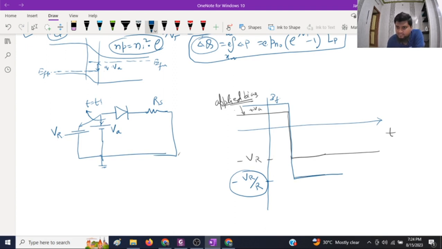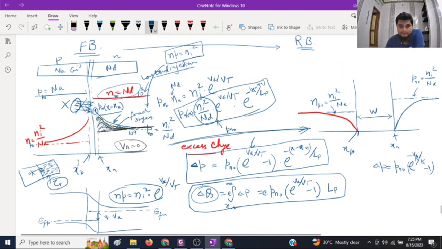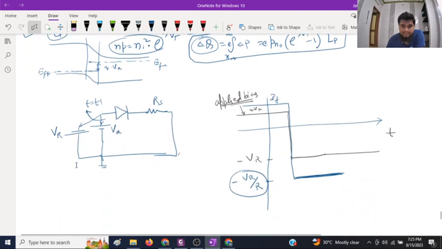Why it will be constant? Any one of you? This current in reverse bias will be constant up to some time, because that would be decided by the external circuit. Okay. So this circuit, we will have a reverse current that will be equal to minus VR upon RS, because still